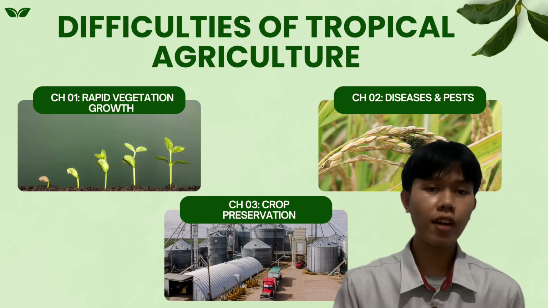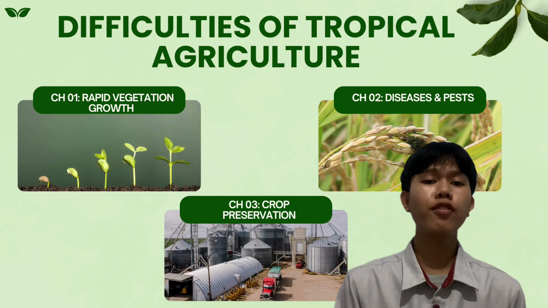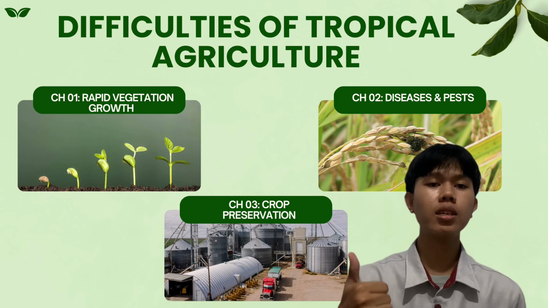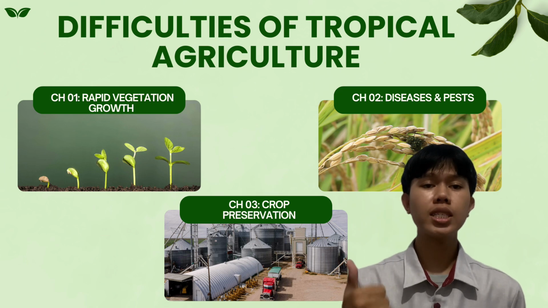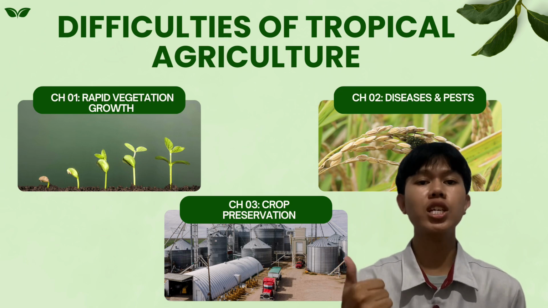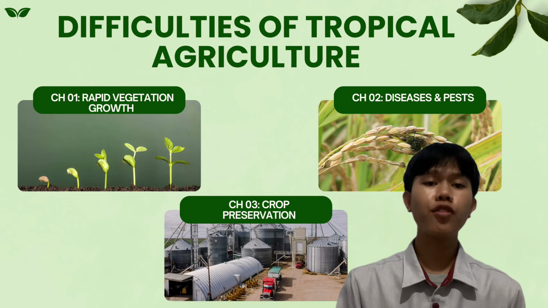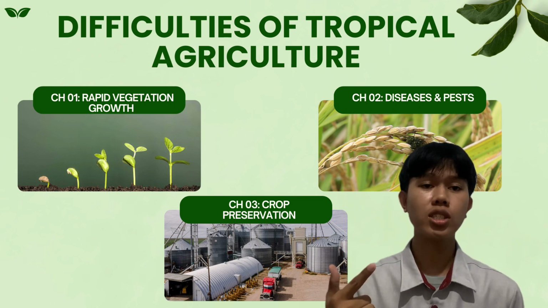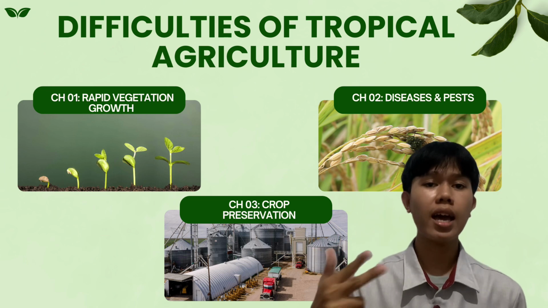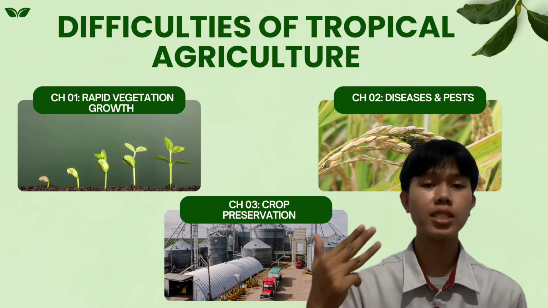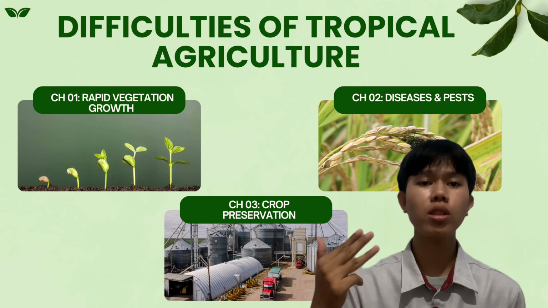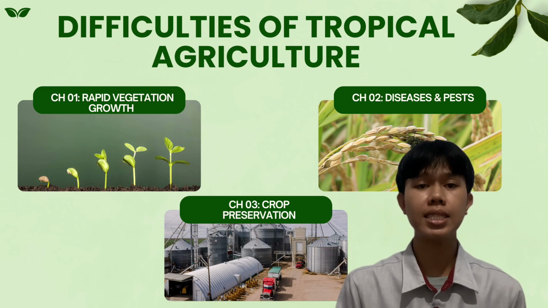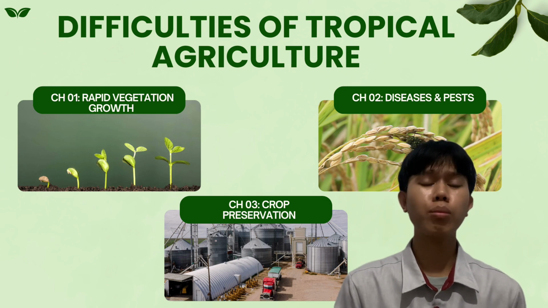Here are some of the factors that can contribute to the development of black sigatoka. The first one is the high humidity and rainfall, because the fungus thrives in warm, humid conditions with frequent rainfall. The second one is the poor drainage. And the third one is the shade. And the fourth and last one is the plant stress. Stress from drought, nutrient deficiency, or insect damage can weaken the plant's defenses and make it more vulnerable to